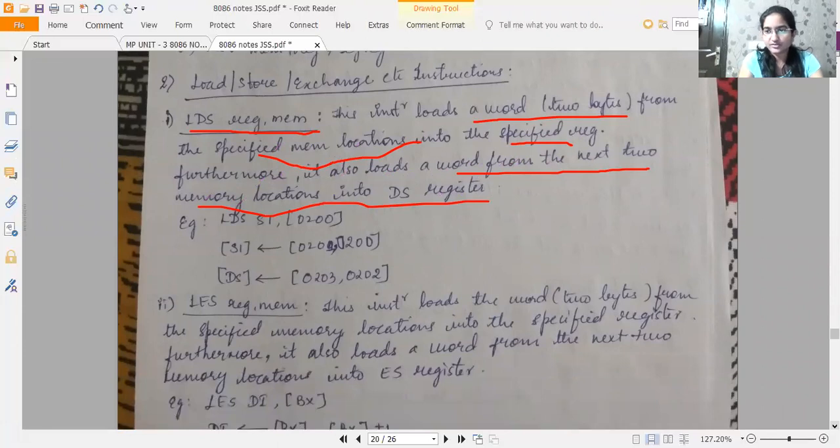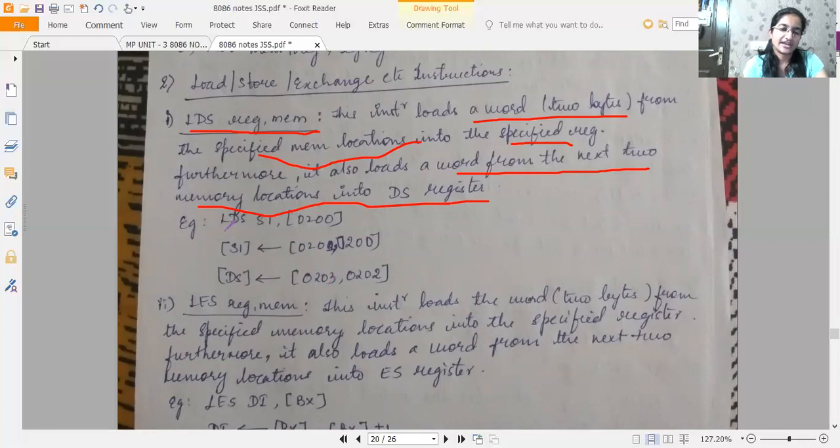The moment your processor comes across the instruction LDS, it will move 2 bytes from the particular memory location into a specified register. Then after that, it will move the word from the next two memory locations into the DS register. How is that done?